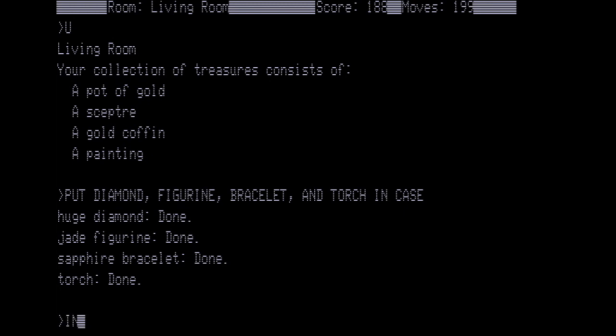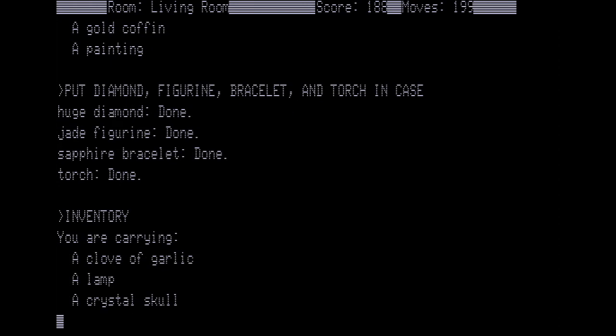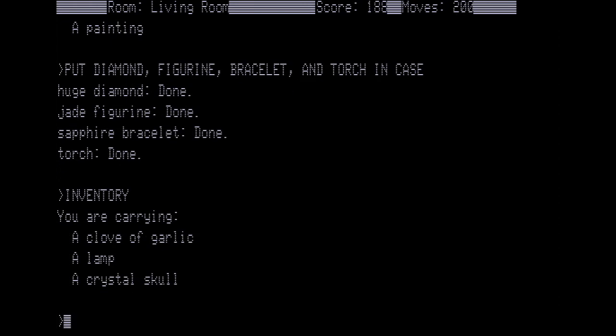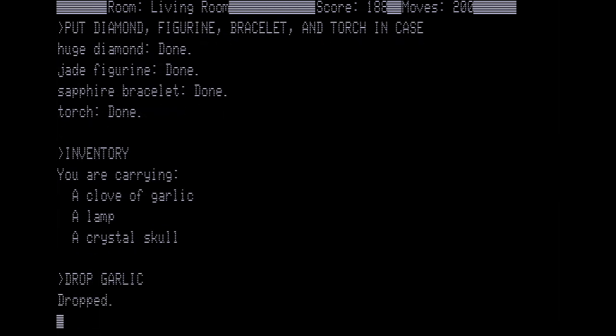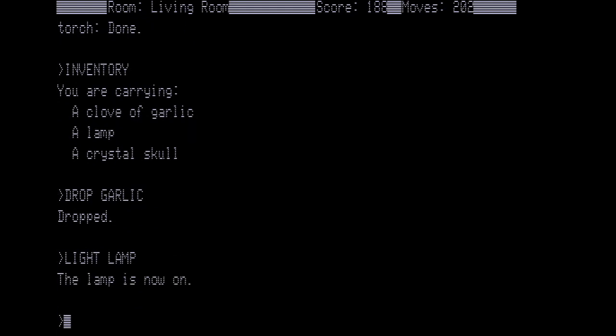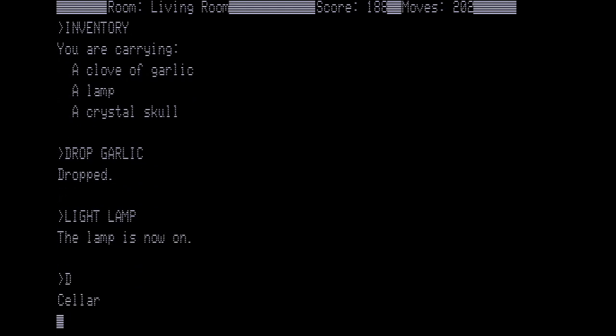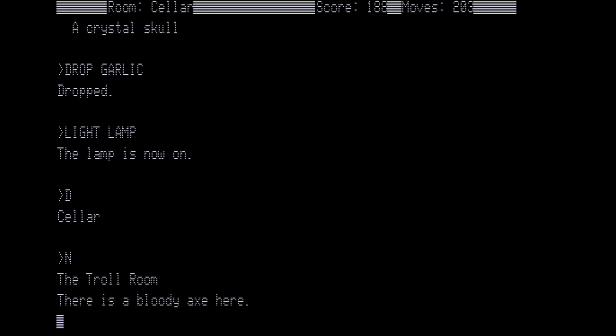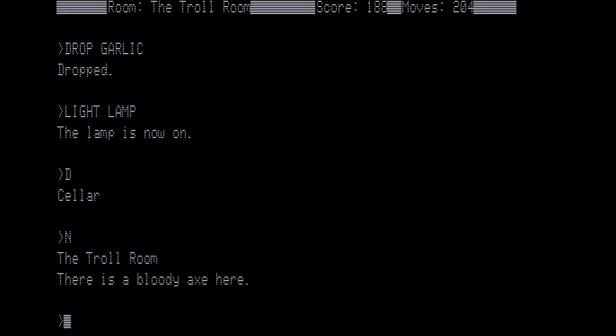And let's check our inventory, make sure we're not missing anything. Let's not put the crystal skull in at the moment. Instead, though, we're going to drop the garlic because we do not need the garlic anymore. And now we are going to continue. We're going to light our lamp. And then we're going to go down into the cellar, north into the troll room, where we then go east